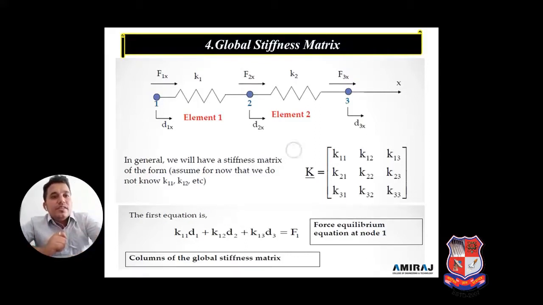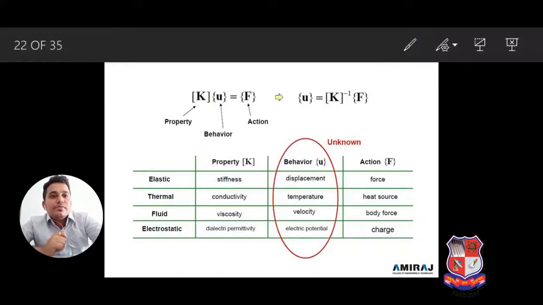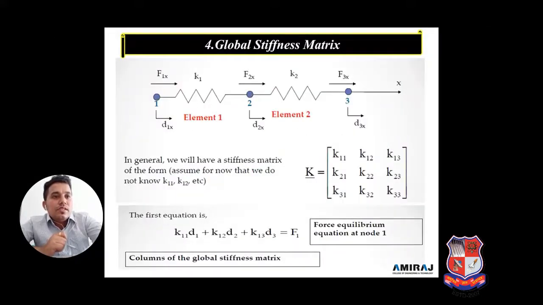Means in one system, if we have elements 1 and 2, then displacement 1, displacement 2 and displacement 3, and each has a standard element stiffness matrix, K1 and K2. If we combine K1 and K2, then we get this kind of global stiffness matrix K, meaning K11, K12, K13. This is the matrix arrangement, and as per the first equation, the force